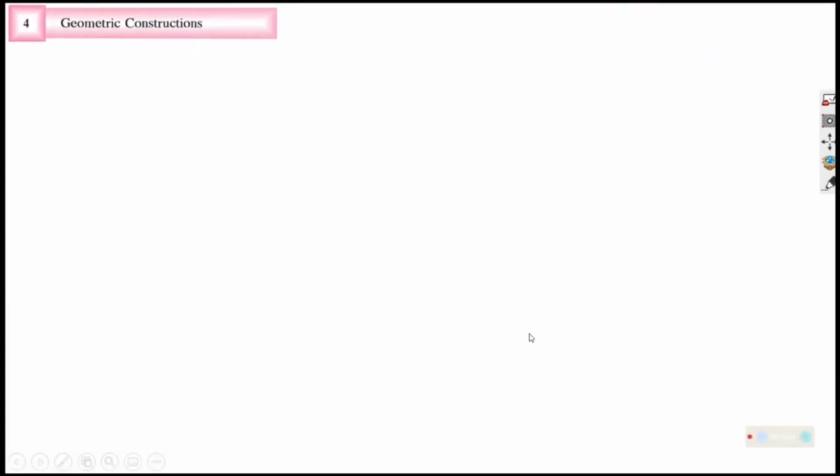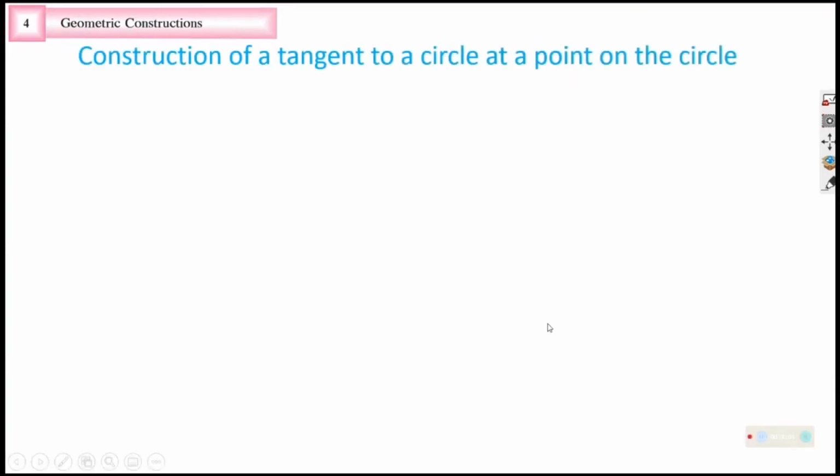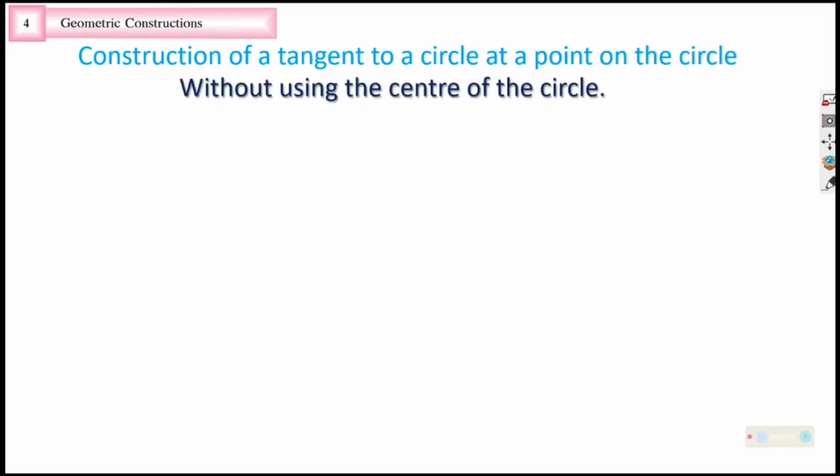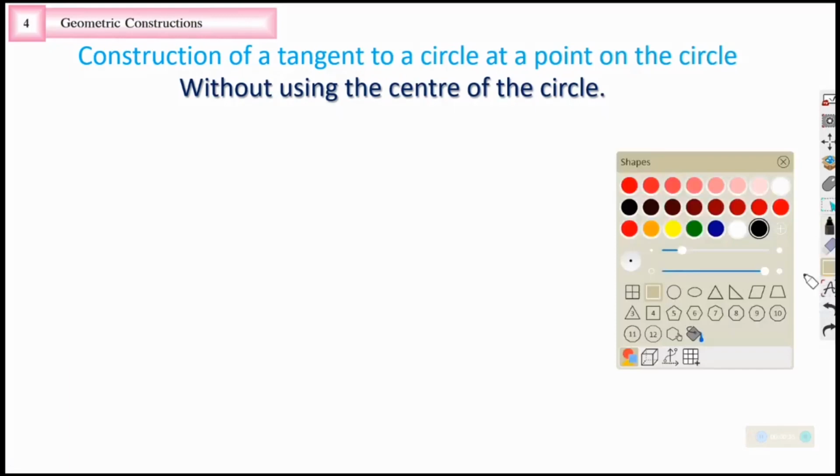The next construction is construction of a tangent to the circle at a point on the circle, just like the same construction. The ultimate result is that you will have a tangent to the circle, but the difference is that here we will not be using the center of the circle in the construction. In the previous case, what we did was we had a circle,